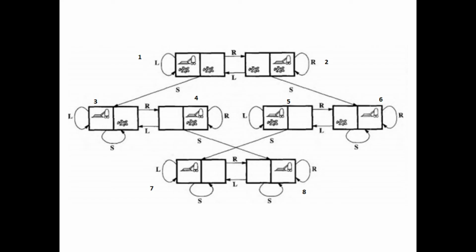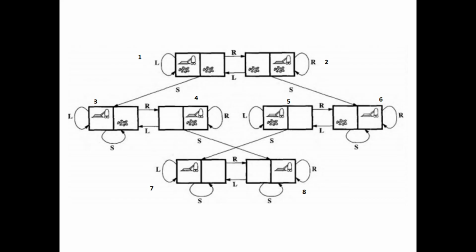Then the vacuum cleaner performs the action move to the left side in the 6th state. Okay, move to the left side. Then what will happen? So the 5th state occurs. So after moving left, the vacuum cleaner is available in location A. Okay, now in this situation the vacuum cleaner performs the action suck. Then the 7th state will occur.